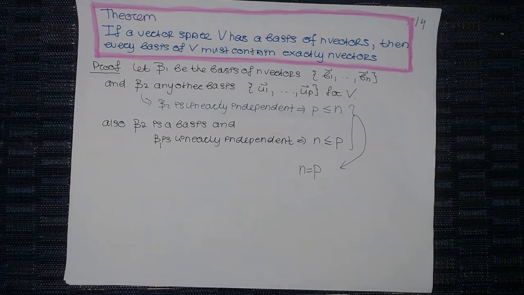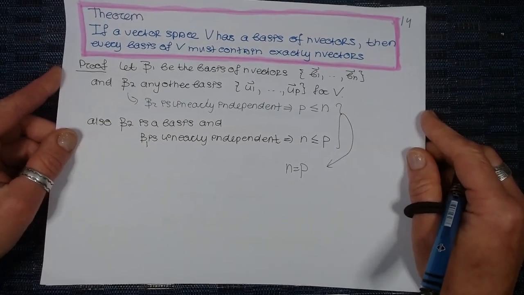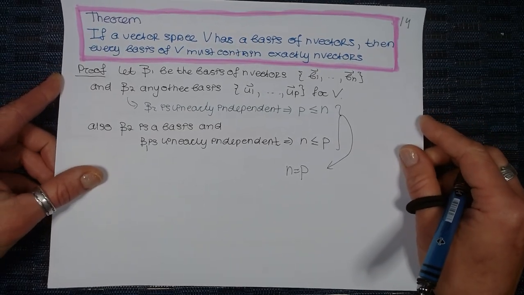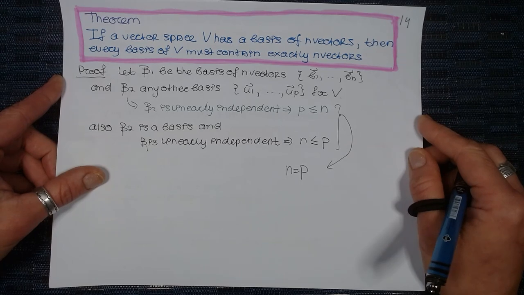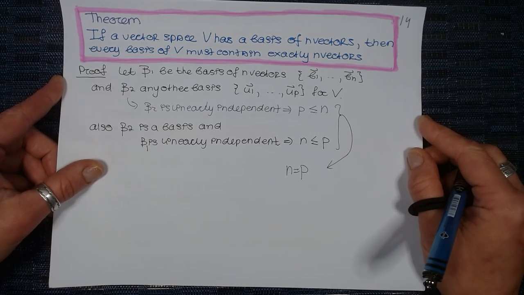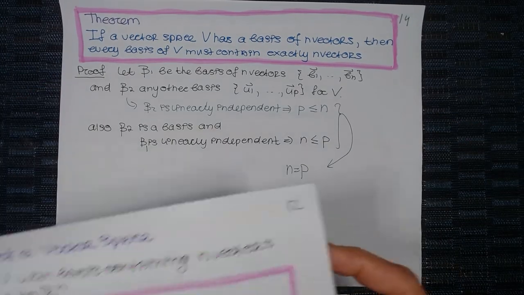Then we have the next theorem. Again, this is dealing with the bases and the number of vectors in the bases and things like that. So the next theorem says that if a vector space V has a basis of n vectors, then every basis of V must contain exactly n vectors. And there's kind of a second part. The first part said that